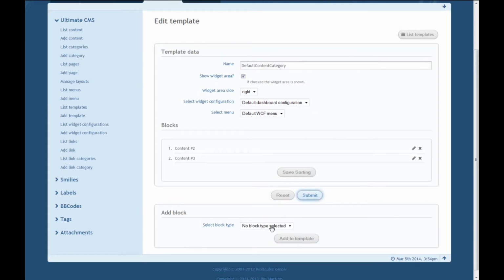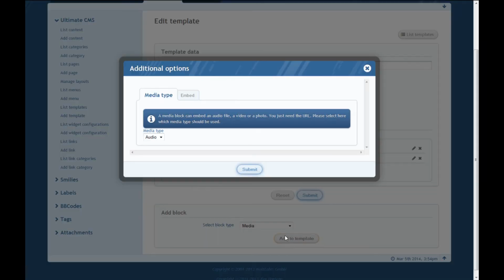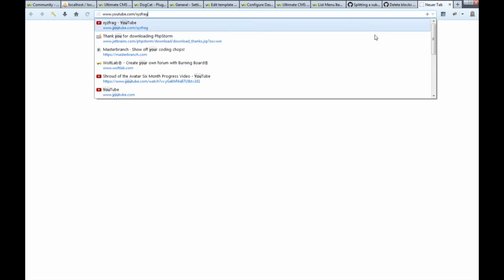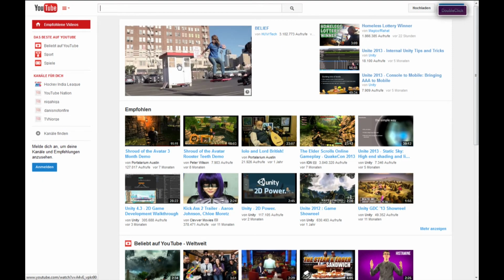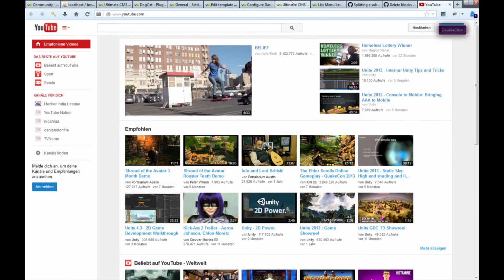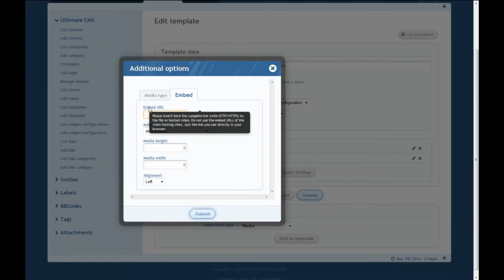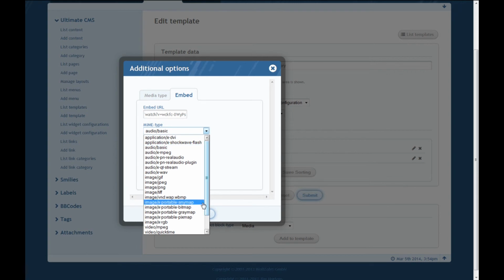There's one more thing you can do. You can add a media block type. For this, we are going to do now a YouTube search, so that we can include it. Let's just say Shroud of the Avatar 3-month demo. And we copy, and here say with video, like it says, we copy it in, we say it's video,